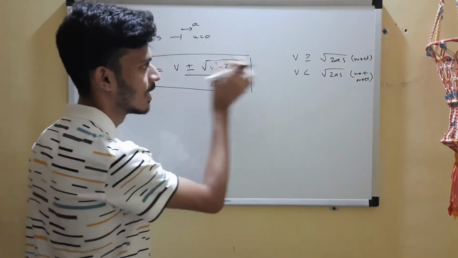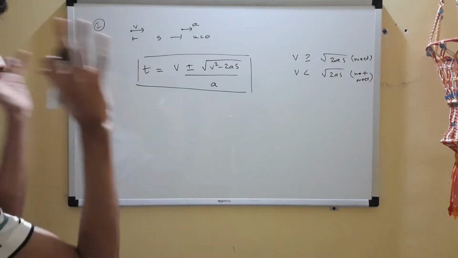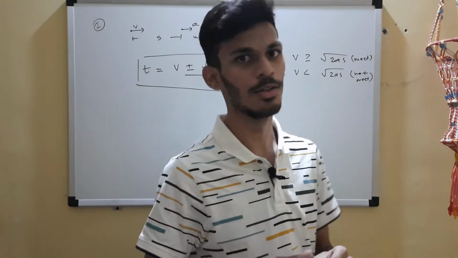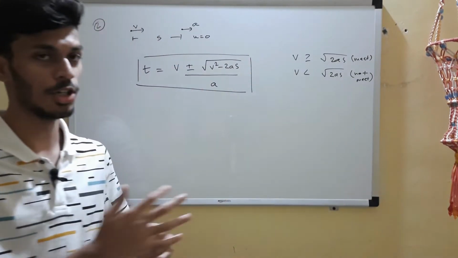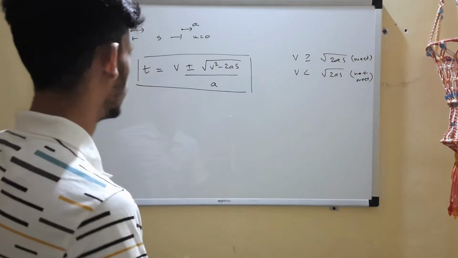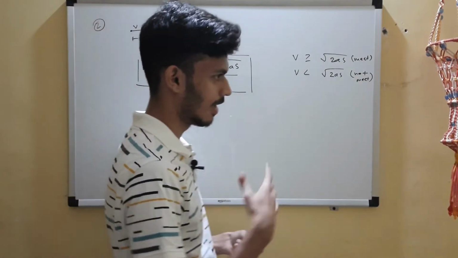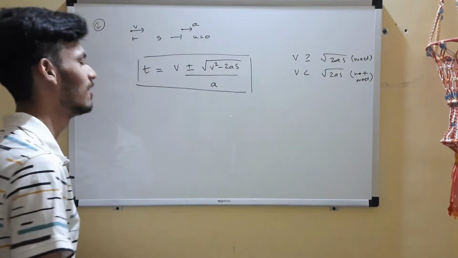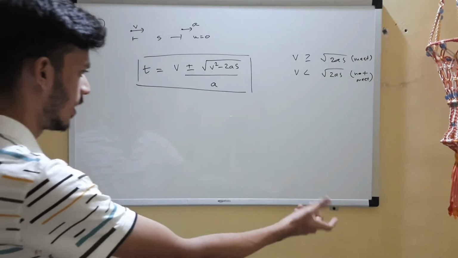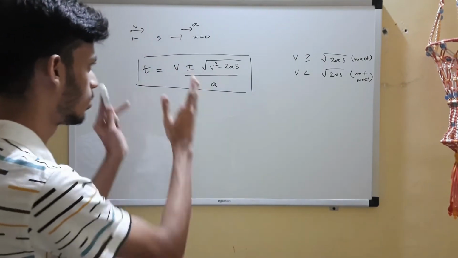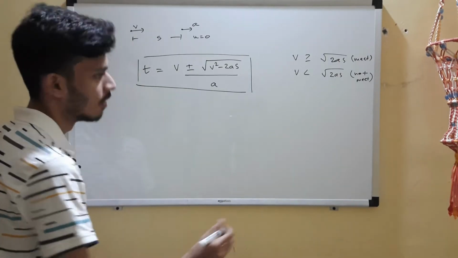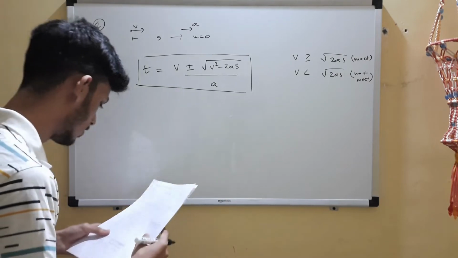Okay, so this condition came from here. Anyways, let's go for problems. This is the formula. If you want to derive it, you can use s = ut + half at square, the traditional, conventional way, and then solve s = ut + half at square through the quadratic formula. Coming back over here, can I get some problems regarding this?